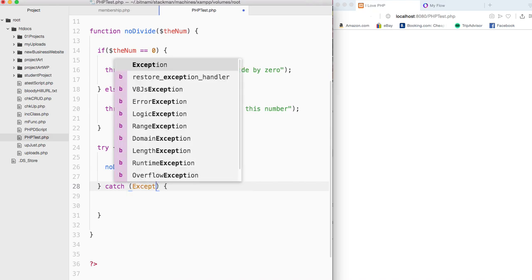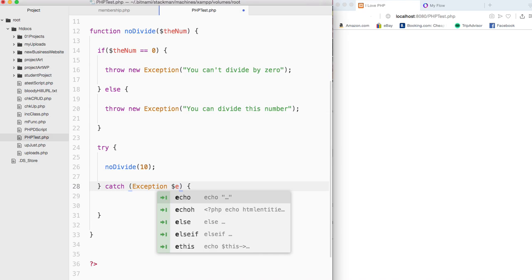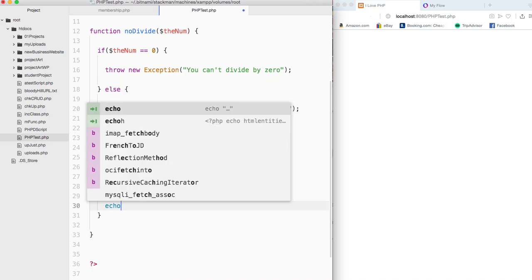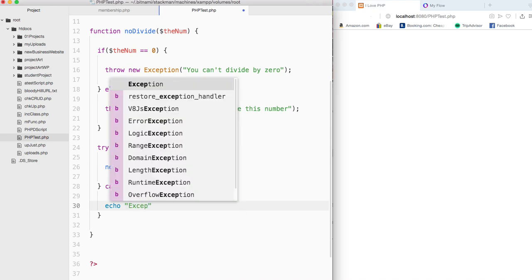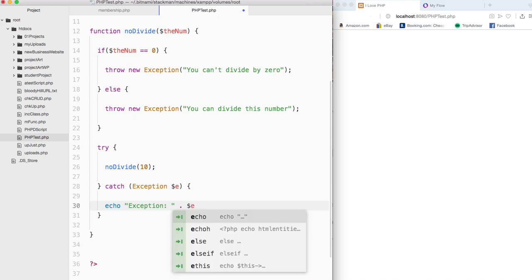So you're going to say exception. Then you're going to pour it into a variable. We're going to call it $e. It's kind of like the norm. Then what you do is you're going to echo out a message. You're going to say exception is, let me put a space here. And now we're going to call this object, $e, because the error message went in there. And then you're going to run